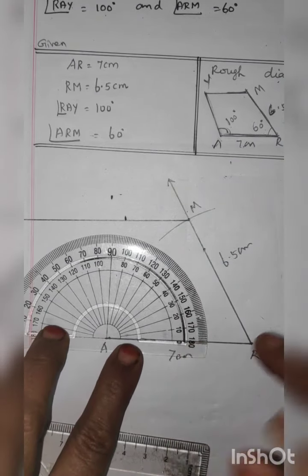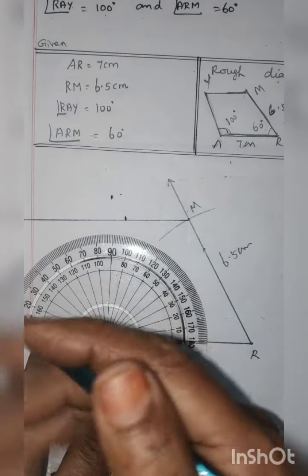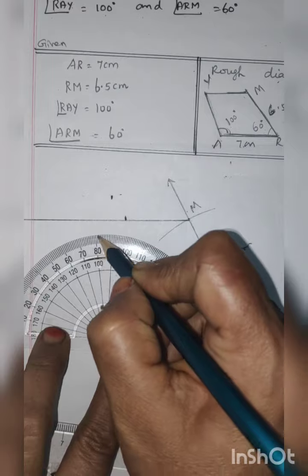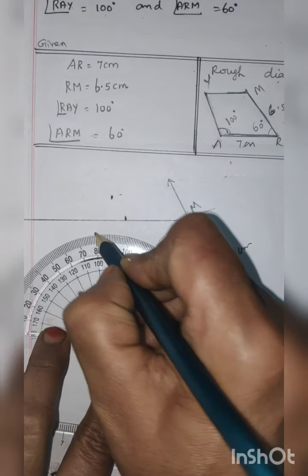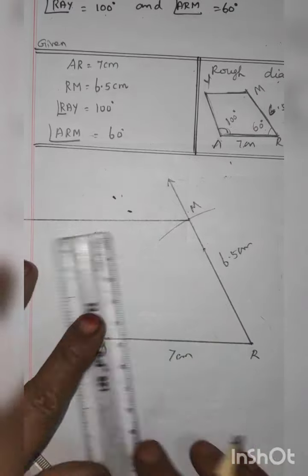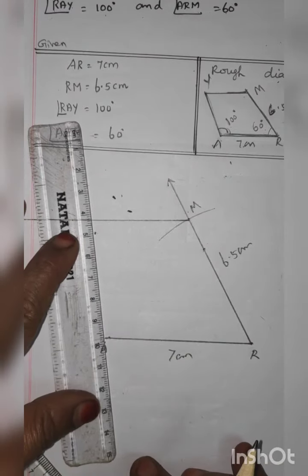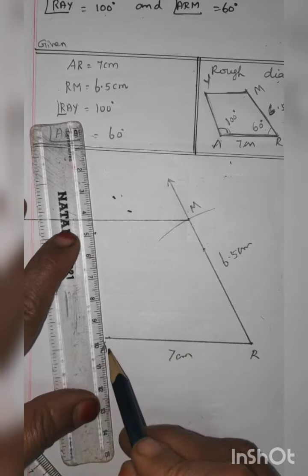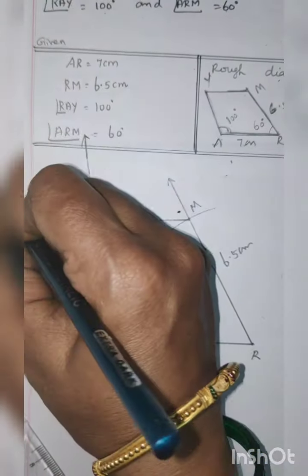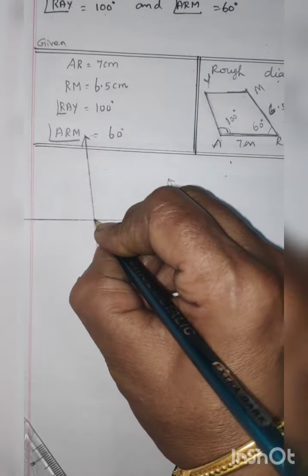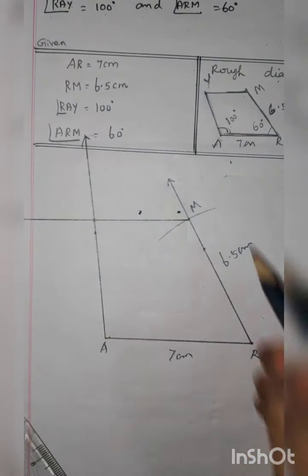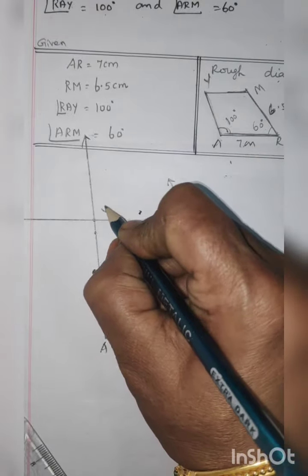Then you measure 100 degree. 100 degree is on the left side only. So it wants to come big. So see the lower number only, and there you mark 100 degree. Now this point, keep on A line also and join there. Straightly you join. Here one arrow mark, there one arrow mark, the 2 marked points meet on this line. This point only, what is the point? A, R, M is finished, Y you write.